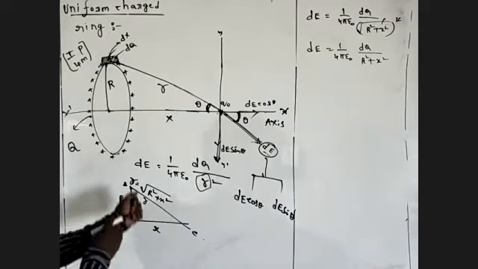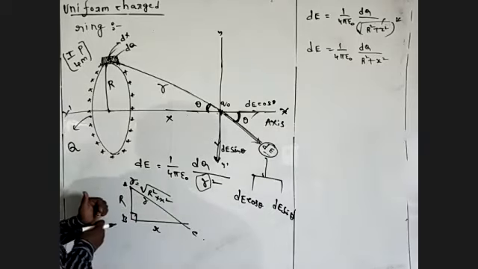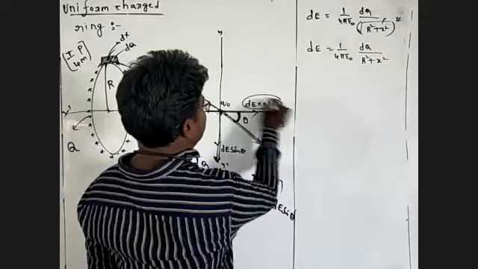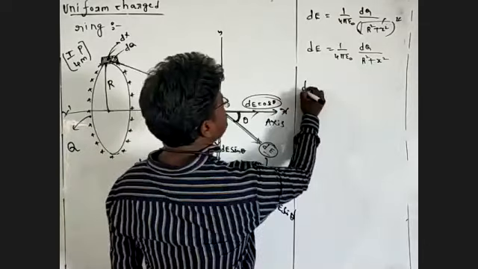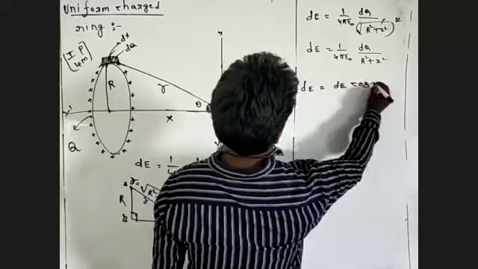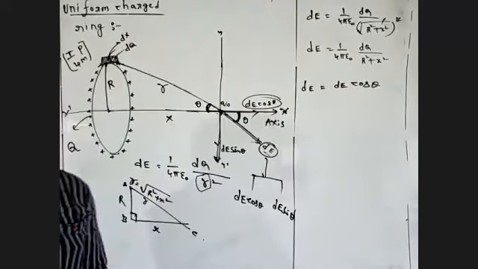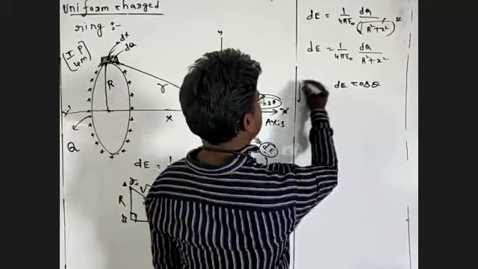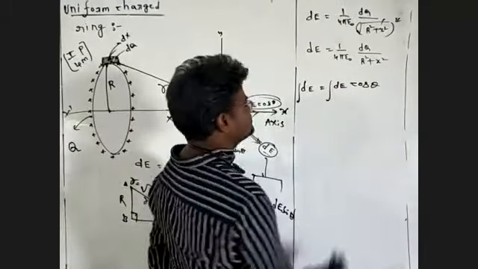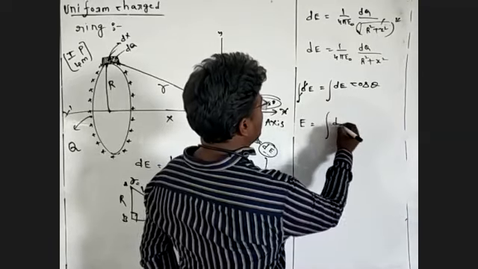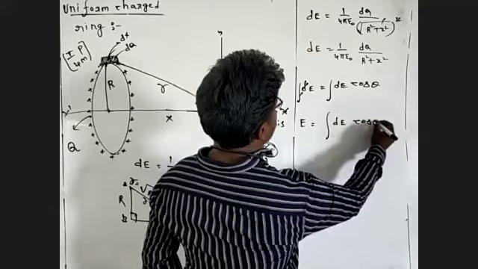Now again you are checking. Now you will see this axis is D cos theta. Now E is equal to what I calculated, D cos theta. Now integrate both sides of this equation. Integration is applied to both sides of this equation. Derivative and integration cancel each other. E is equal to integration of dE cos theta, we are going to write.